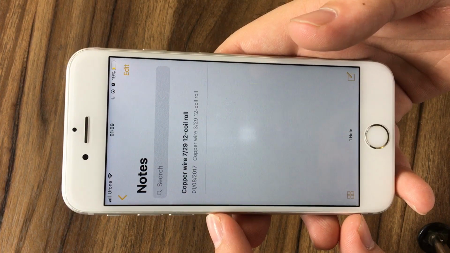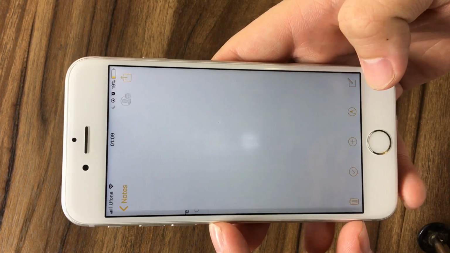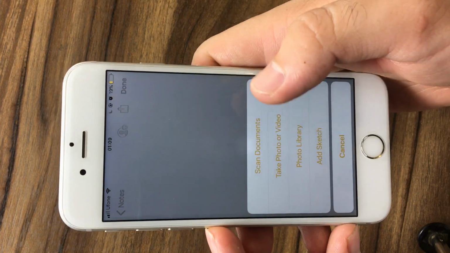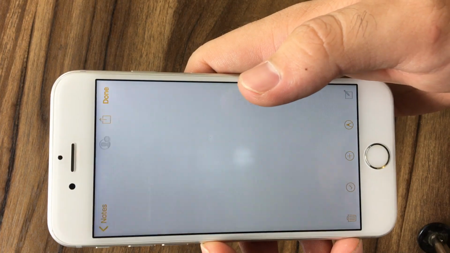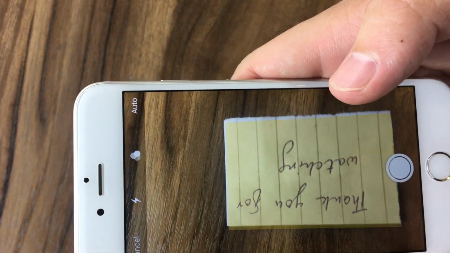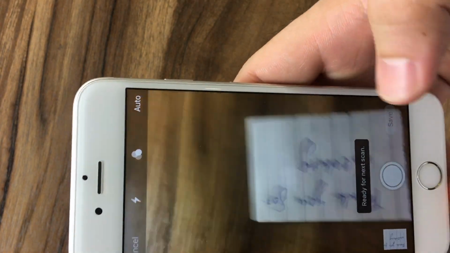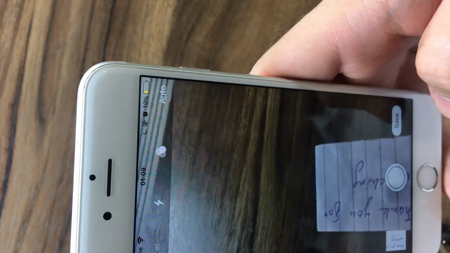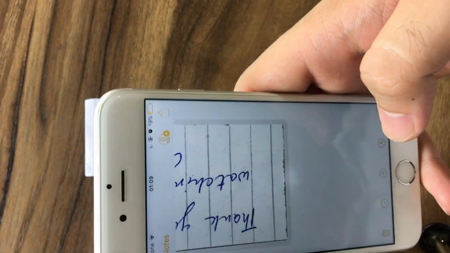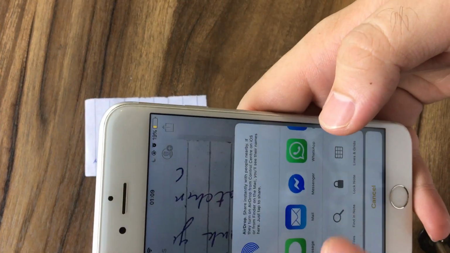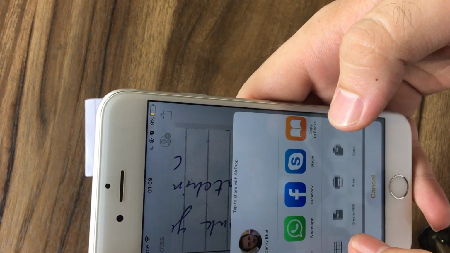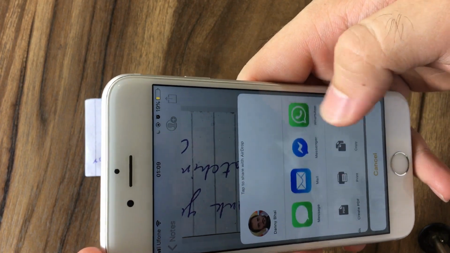Tip number 3 is scanning documents. A lot of people are still using external applications, or some of them even go to the market to get their documents scanned, but actually you can do all of this on your iPhone. In the Notes app, write a new note, press the plus icon, and you will get an option to scan documents. You can scan any document like this. After this, you can save it and send it as a PDF, or you can share it directly to social media or messages.